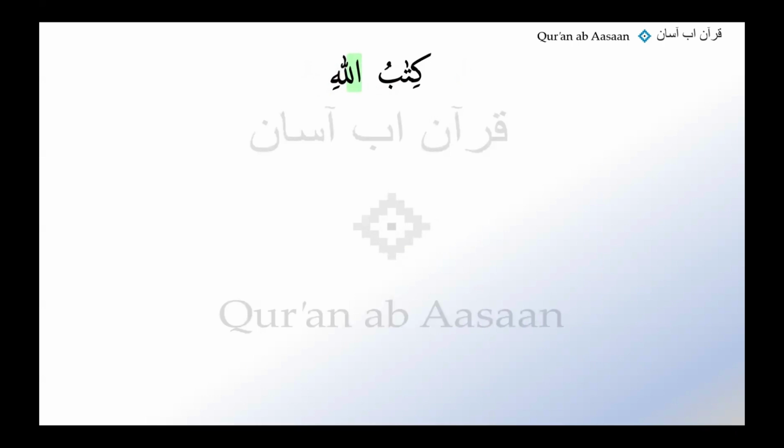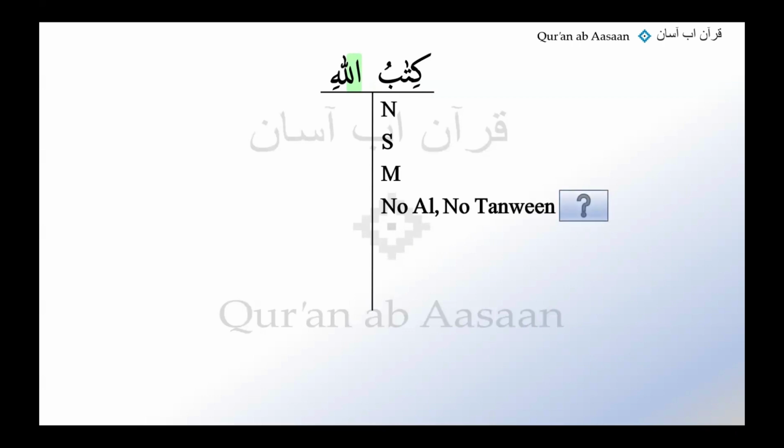And then what do we do for more than one word? We dissect here, okay? And let's just start with the analysis again, the way we have done it on the previous slide. We have some hint that it's a noun, it's singular, and it's male, we know that. And we don't have the indicators that we have learned, so we're just gonna write no al and no tanween, and we're gonna leave a question mark here, and then we know that the case sign is rough. So we are going to write that and then our standard question mark. And we move on to Allahi now.